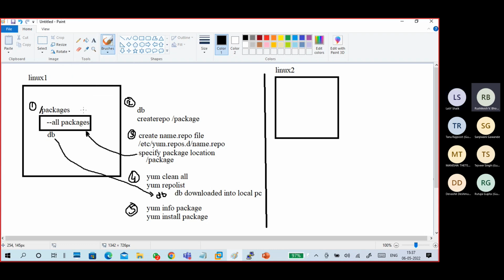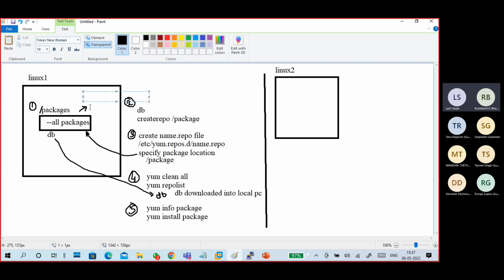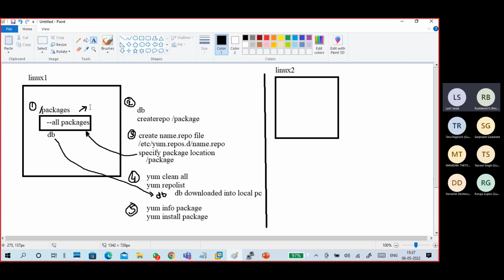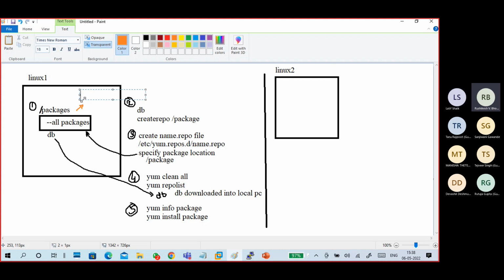I will create a link to any network related services. This is the first step. Second step, I will put it in a different color for understanding. This is the second part, the Linux 2 part. I link this thing to any network services